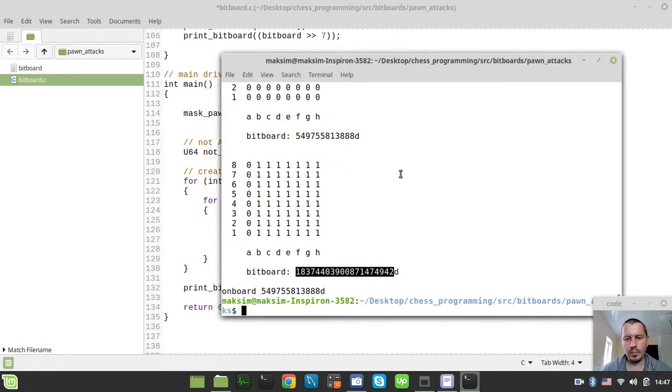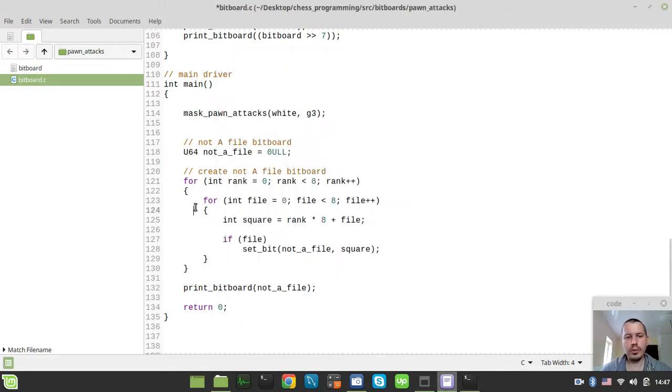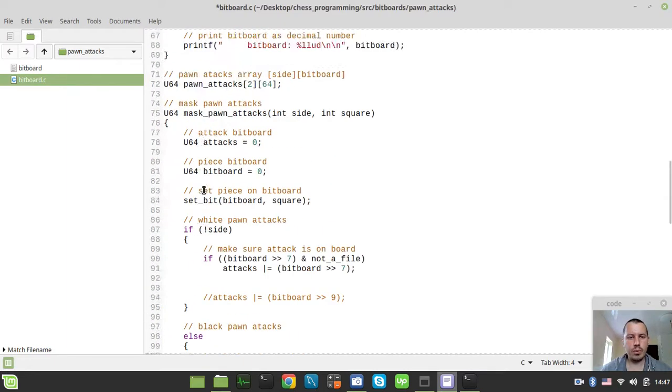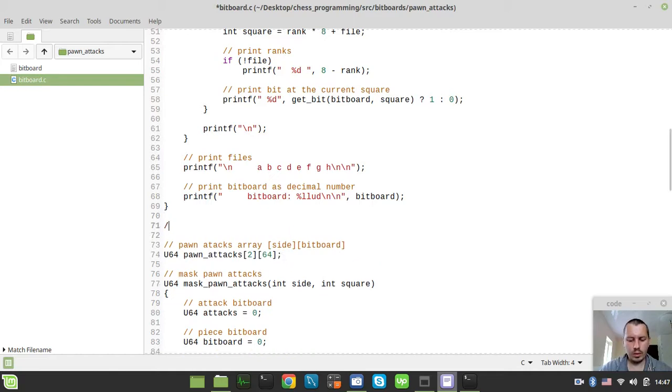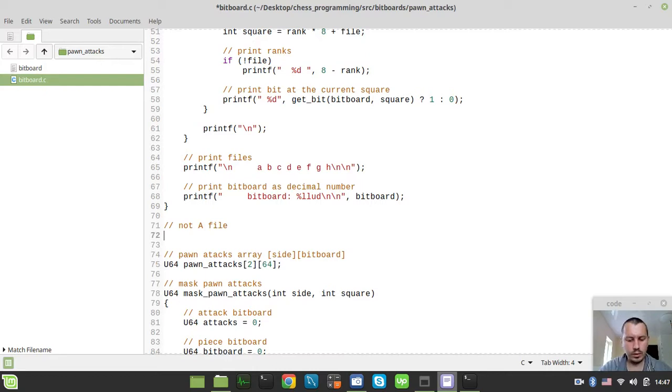So copy, I will just hard code this value to not a file, just for you guys to bear in mind that this is how the not a file constant looks like in binary representation. So not a file U64, not a file equals to this value, unsigned long. Okay,